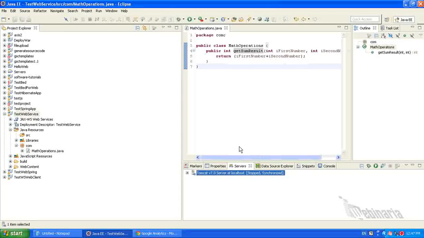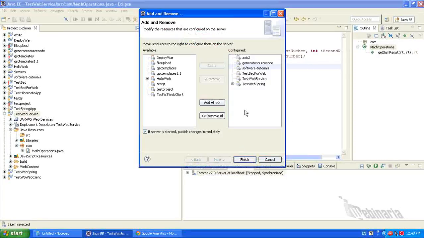So there are some issues. So what I will do is remove some of the unwanted projects. Click finish.